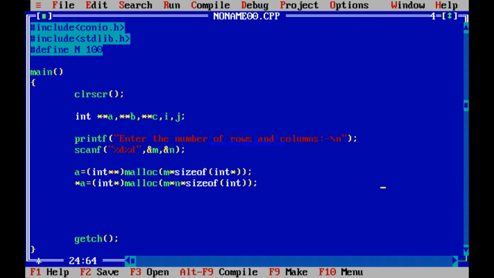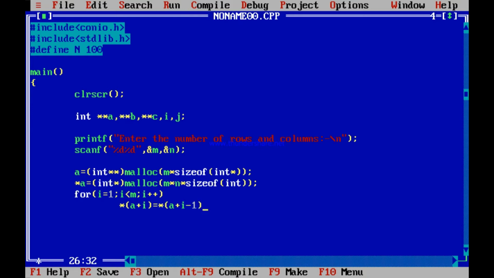That for loop. So for i equal to 1, i less than m, i plus plus. You have learned all these things in previous lectures. ai, that is a plus i, is not so? ai can be written as star of a plus i, is equal to what? ai minus 1, that is star of a plus i minus 1. a3 is star of a plus 3.